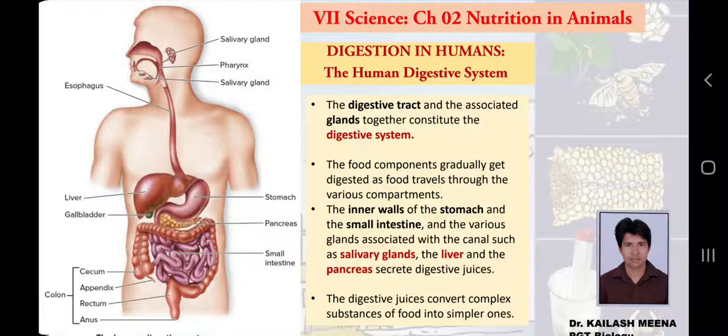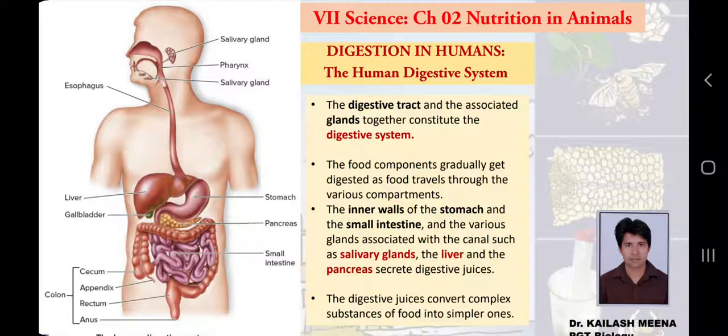I am telling you one more thing about these compartments which we have discussed: the mouth, buccal cavity, esophagus, the stomach, the small intestine, the large intestine, the rectum and the anus. The small intestine is the compartment which is very long. The name is small, but the organ is very big. Why do we call it small intestine? Because of its width, not its length. The small intestine is the place where most of the digestion happens, and also where most of the absorption happens.